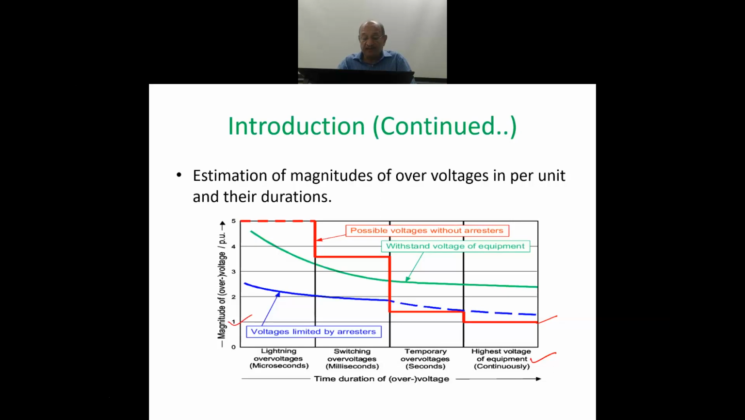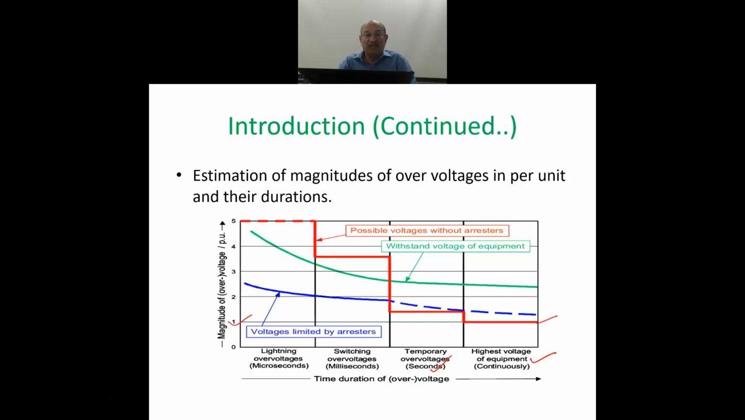Then there is the temporary overvoltage, which may last in seconds. This is the second one. As you see, they may be more than the 1 per unit voltage, and the temporary overvoltage of power frequency takes place due to certain reasons. Suppose there is a